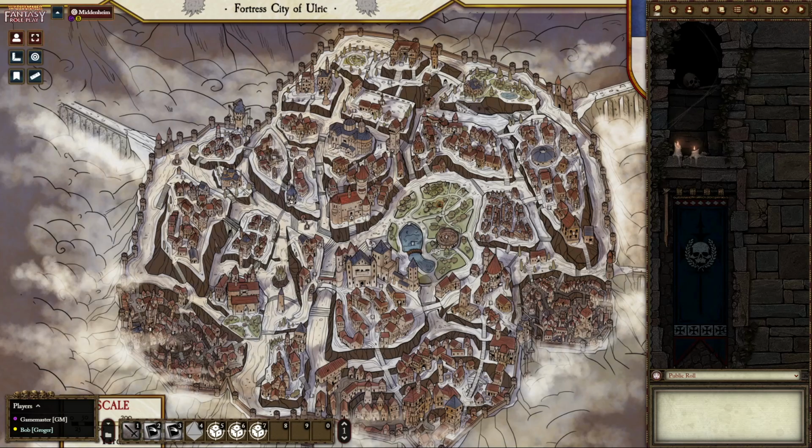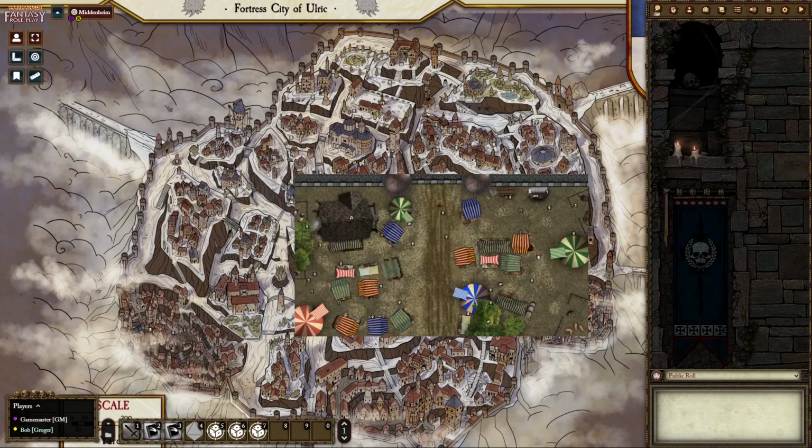For instance, maybe they are in an inn. There you go, and you can have a little scene in an inn. But it doesn't have to be such a small, limited scene. It can be an entire map, if you like. Let me grab it quickly. And there you go. There's the entire map, and the player can wander across the map,